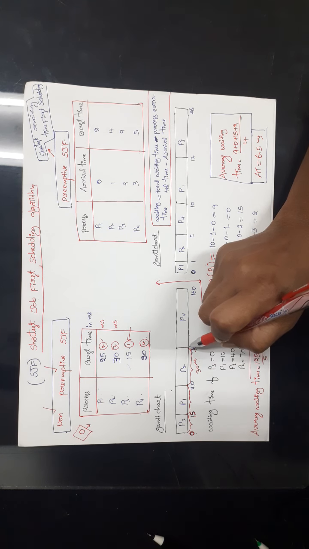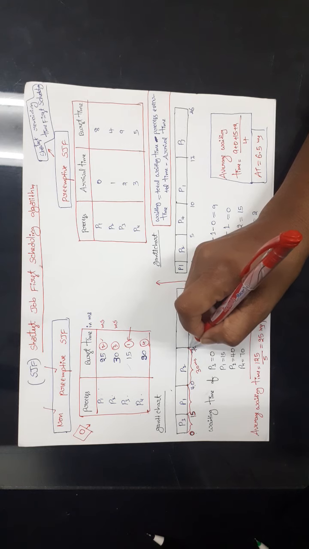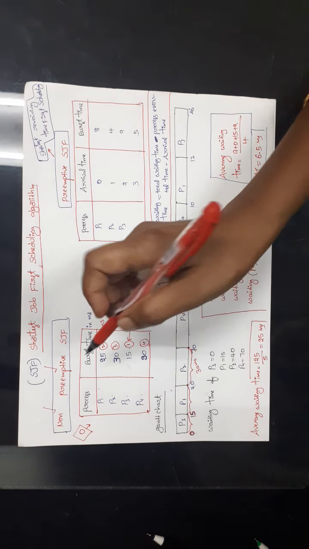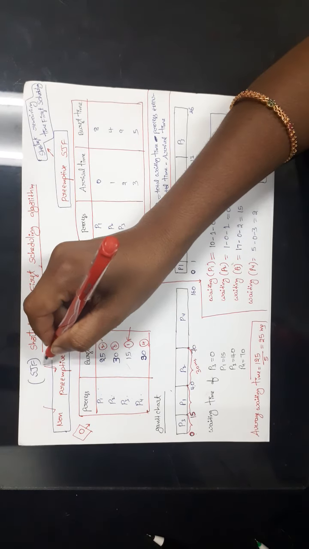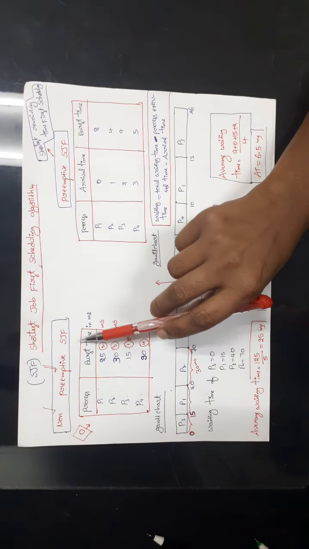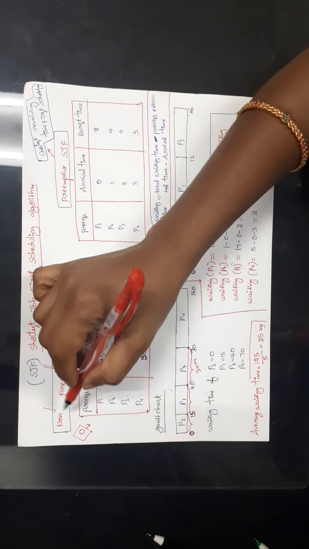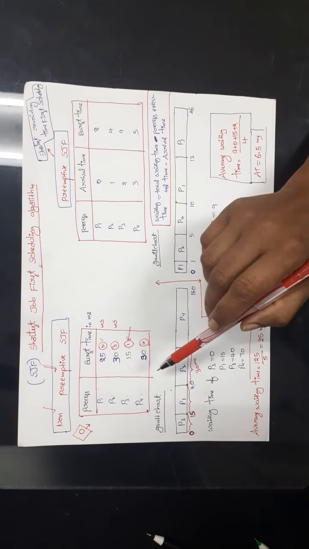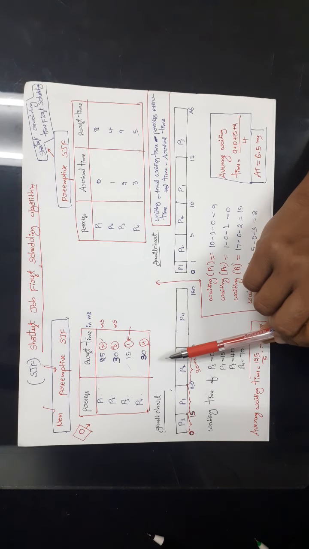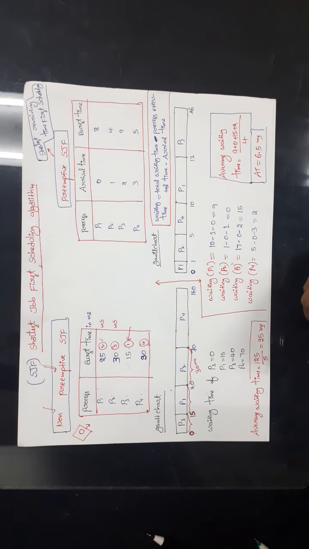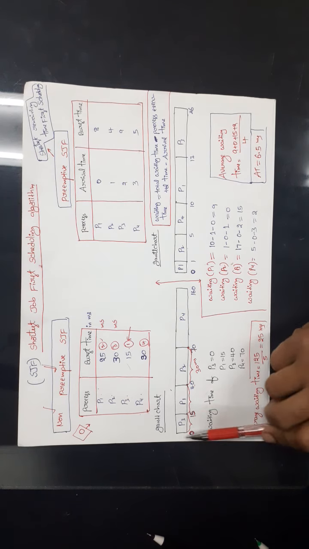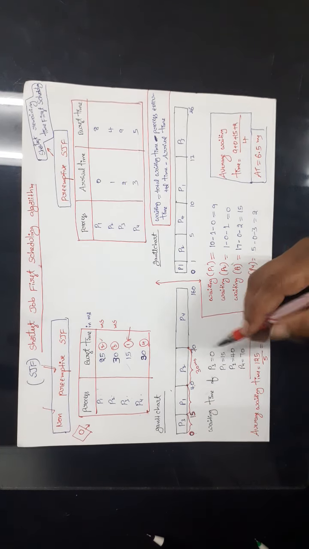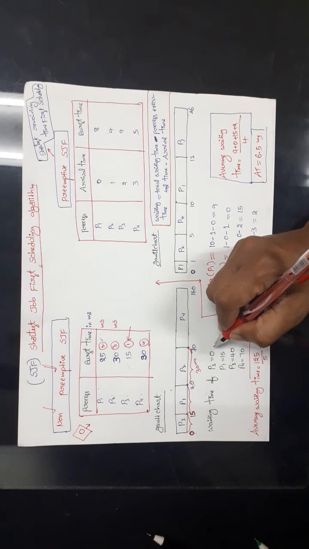Okay, after finishing the execution, then only we will take the CPU from it. So this is called non-preemptive scheduling. So this shortest job first scheduling, we can call it non-preemptive shortest job first scheduling algorithm. Here we will try to calculate the waiting time. So from this chart we can directly say the waiting time of each and every process.